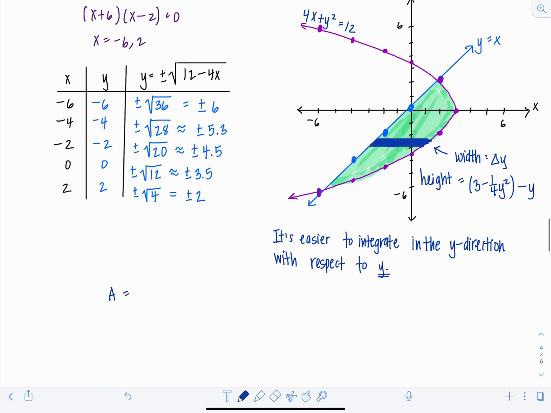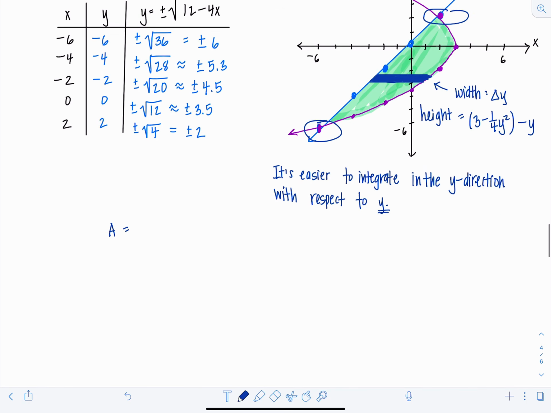So you have to figure out where they intersect in terms of y. And we already have those values. It's -6 and 2, the same values where they intersected with respect to x. So I'm going to have the integral from -6 to 2. I already have the height there. It's 3 minus 1/4 y squared minus y